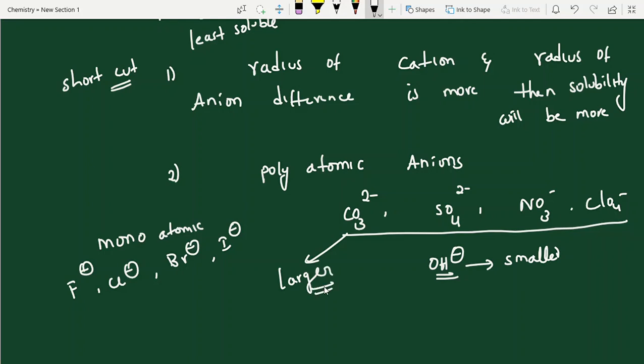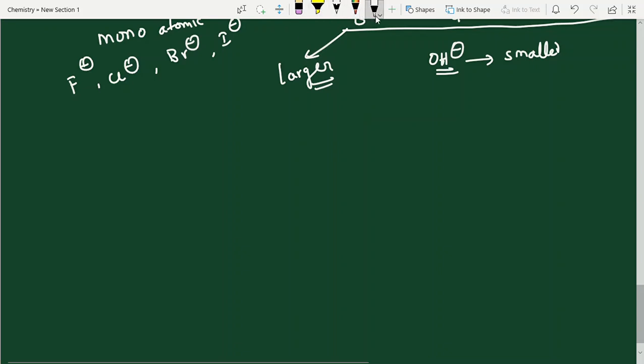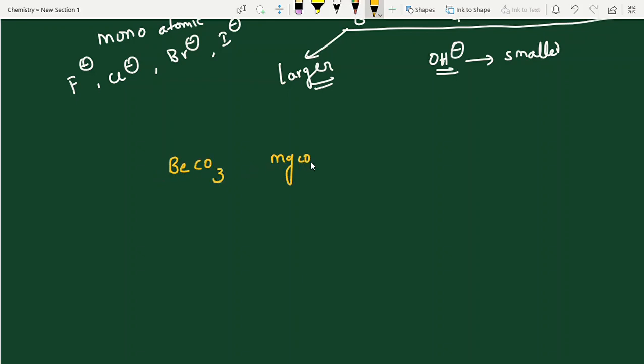Okay. So now we can work out some questions. Carbonate, hydroxide, sulfate are frequently asked questions in exams. Not only a first year topic, second year also the same thing. So now let me take beryllium carbonate, magnesium, next calcium, next strontium, next barium. Generally carbonates are soluble in dilute acids. It liberates carbon dioxide gas. We will do the experiment also.